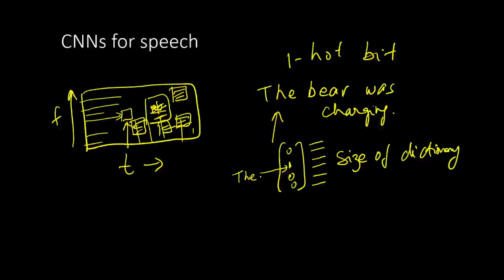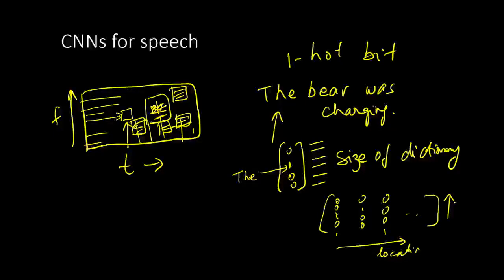So now you can think of it as a sequence of vectors where each column is one hot bit encoded and different locations are 1. So this is the location of the word, and this is your lexical or lexicographical order, the position in the dictionary. So now I can treat this as a 2-dimensional input, and I can apply convolutional neural networks to it, but it doesn't work very well.